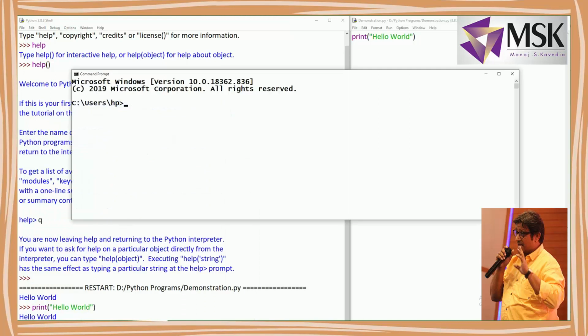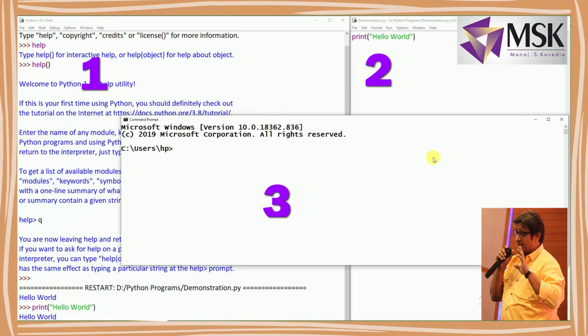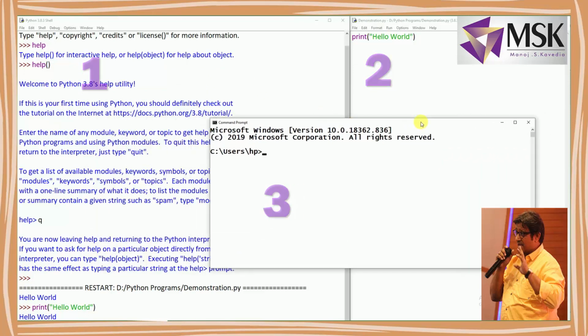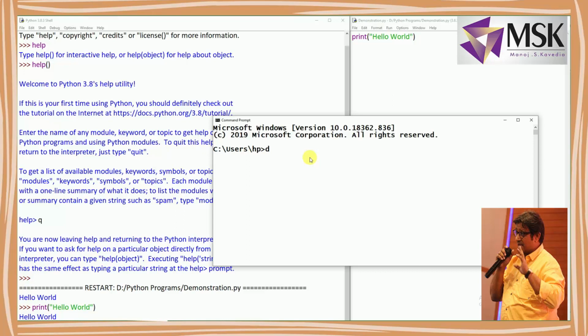So I am in the command prompt now. I'll go to D drive. I've changed my folder to Python programs because my programs are stored there. And here I'll write python demonstration.py.